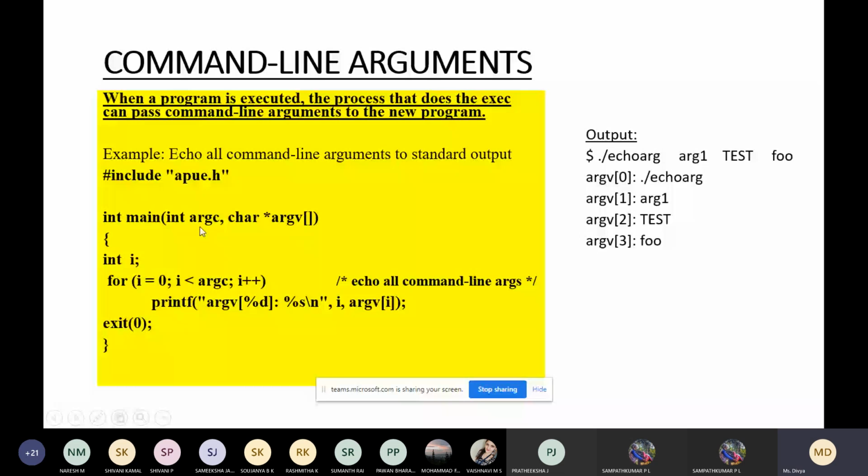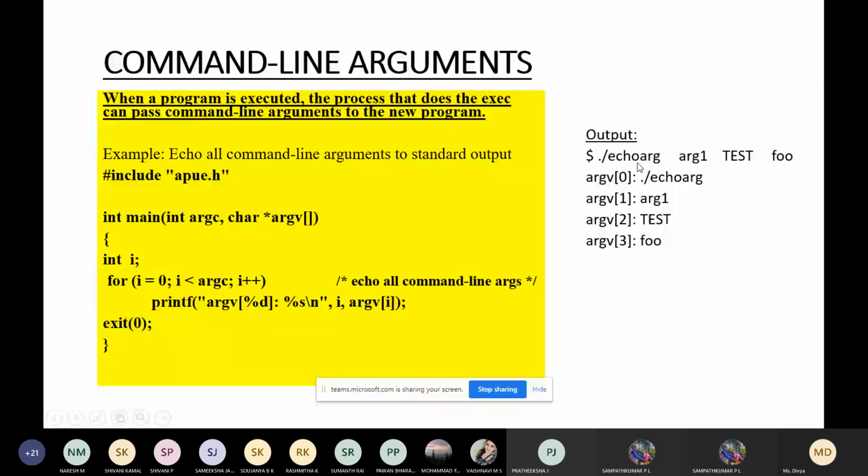Here in this example, we have a for loop that will display the number of arguments you have passed and the values stored in the array. You can see the output here. This is the program name and we have passed 3 arguments.